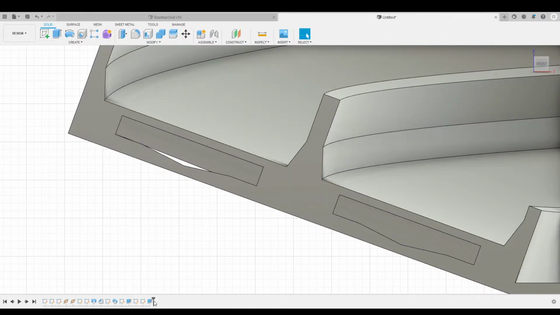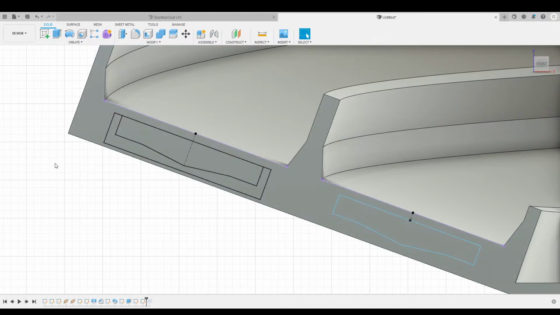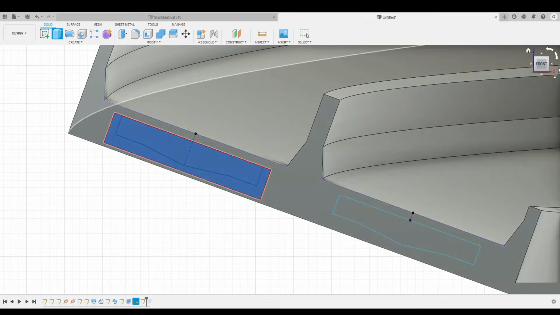So notice it dropped us back up here, and the timeline down here put us back to the very end. So I'm going to go before we did that extrude, and I'm going to say, hey, I want to see my sketch. It's gone, right? So I want to see that sketch that we just did. I can see my buffer around there, and because we're before that other extrude, I want to extrude this guy, and I want to extrude him back